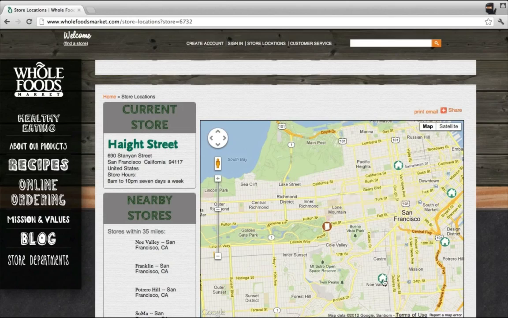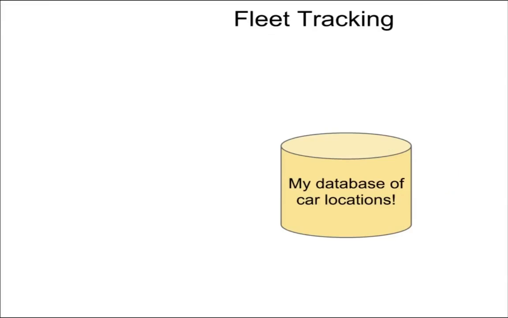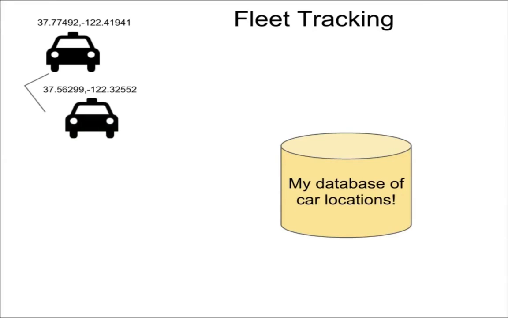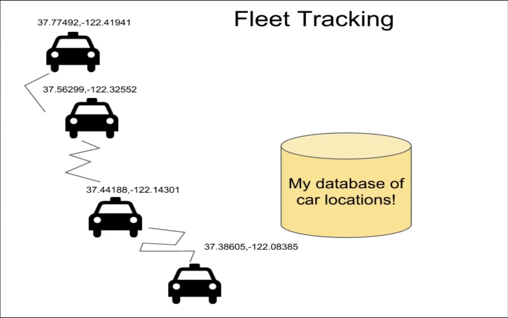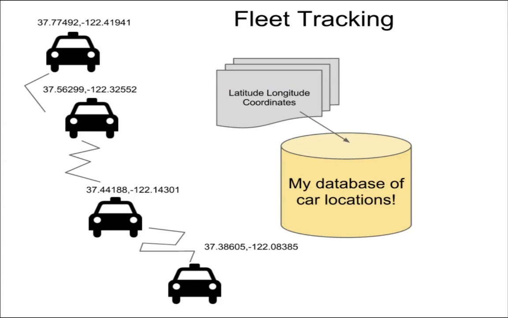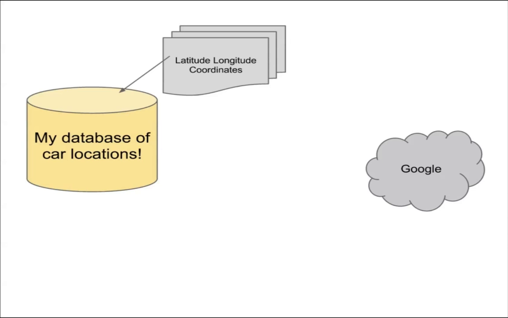relevant results. Another use case is if you're an enterprise customer that's tracking a fleet of vehicles with GPS devices on board. Let's say they're taxis or service vehicles. Well, then you may have a collection of lat longs of where your cars are or have been. If you're trying to build out reports of your car locations, lat longs aren't very useful in and of themselves unless you've completely memorized the world's coordinate system. So you may want to build out reports that are a bit more human readable. Well, you can send a lat long to Google and we'll return a human readable address that's associated with that